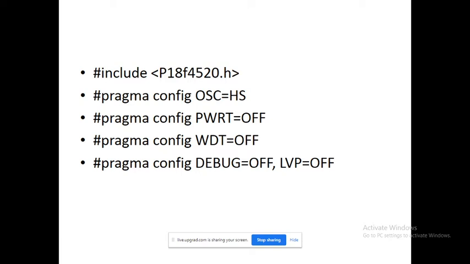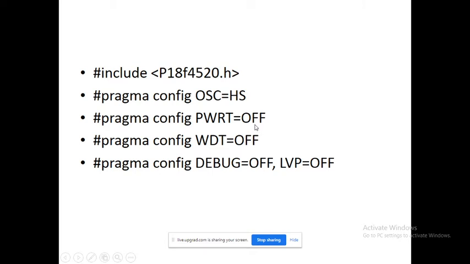Up to that, my controller must be in an off position. Suppose my controller immediately turns on, there is some overshoot and undershoot, and because of that there is a chance of malfunction or some error. And suppose you are so serious about the accuracy point of view, you just turn on PWRT. But now we are performing practical work in the laboratory, and that's why we are not so serious about the accuracy point of view, and that's why we are making this device off.